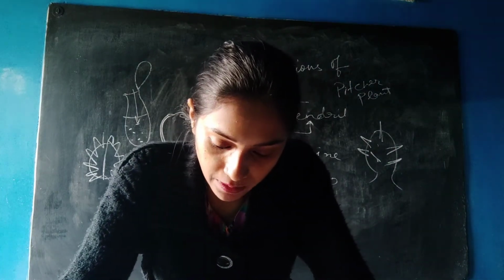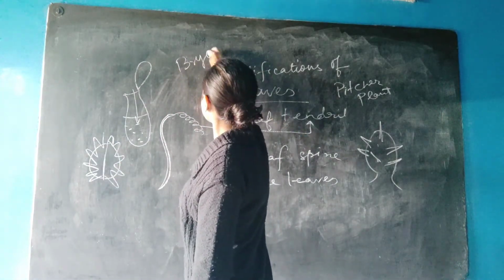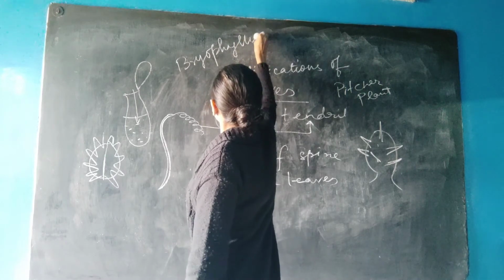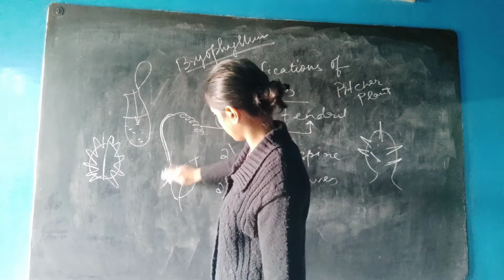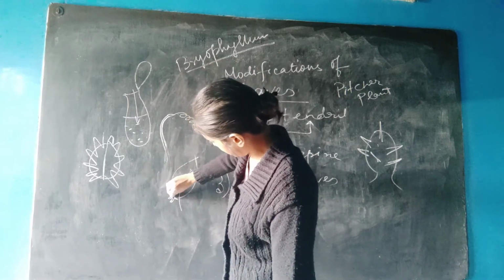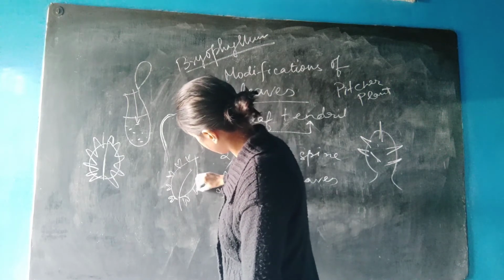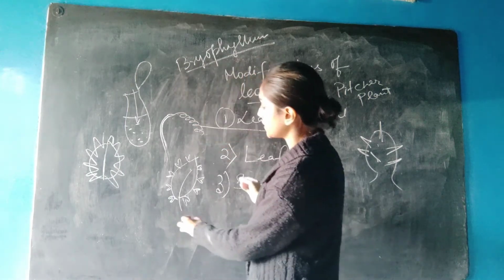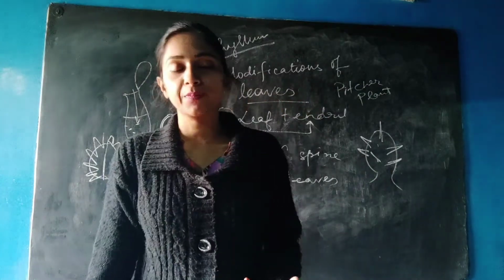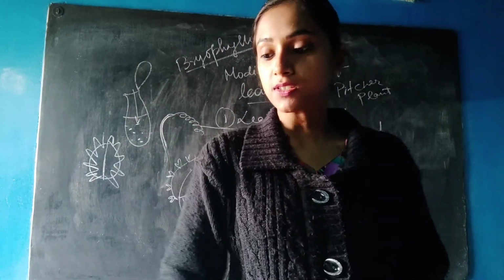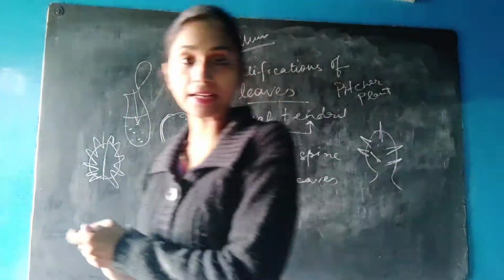Now vegetative propagation by leaves. This vegetative propagation can be seen in only one plant, that is Bryophyllum. What happens over here? Suppose this is the leaf. The margin of the leaf produces some leaf buds like this. Now these buds will grow in size and fall off, and from this bud another new plant will be produced. So this is a reproduction process taking place with the help of the leaf. This is termed vegetative propagation by leaves.